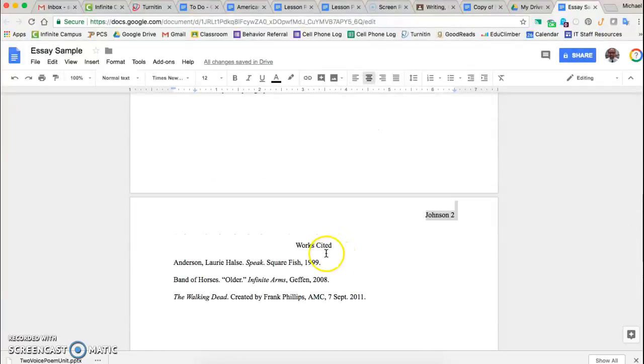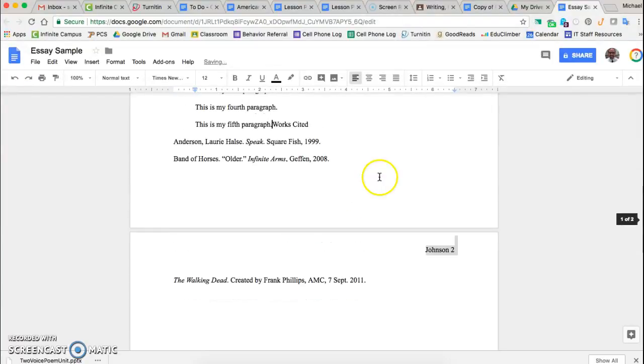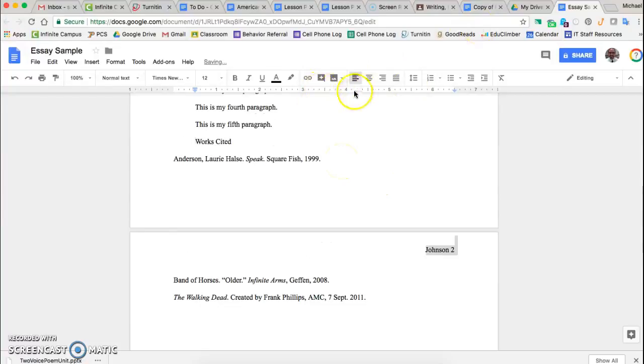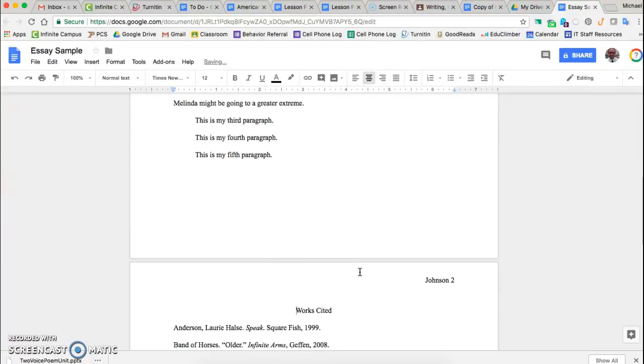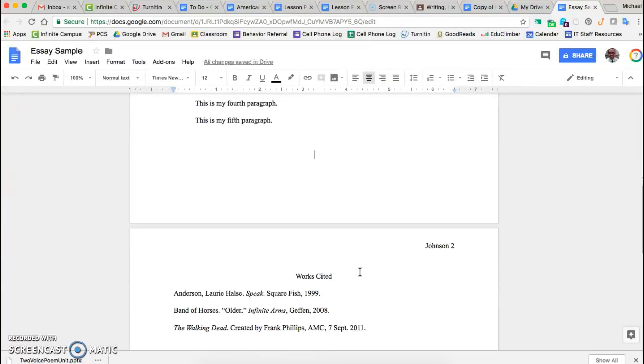Okay. The last thing you need to make sure of, if you have already done your works cited page, is that your works cited page is on its own page at the end. So let's say it was up here like this. Okay. You just had it at the end. A lot of people will just hit enter a couple times so that it goes down. But then if you add anything up here, it's going to throw it off, so it's not at the top